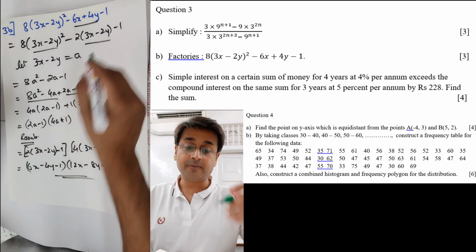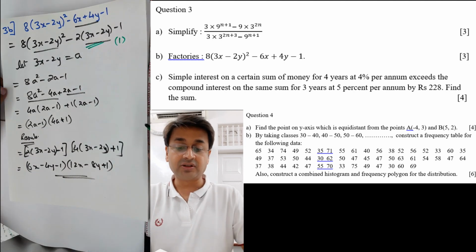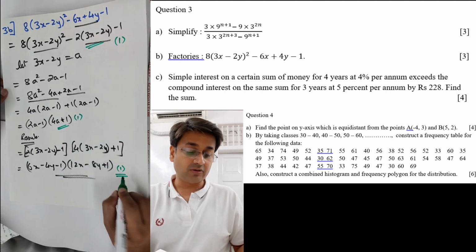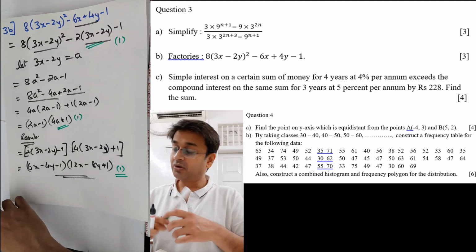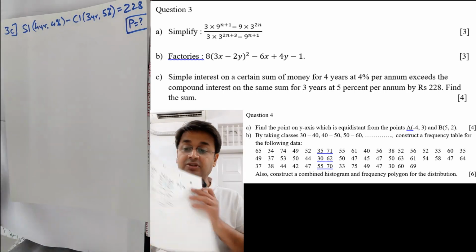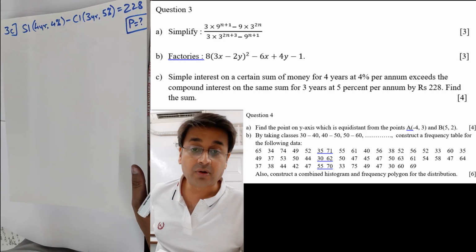So please be careful. First 1 mark when you pull out this common. Next 1 mark when you reach these two factors, and final 1 mark. If you've forgotten this, you've lost 1 mark. Please be honest while denoting your marks to yourself so that you exactly come to know what the true picture is